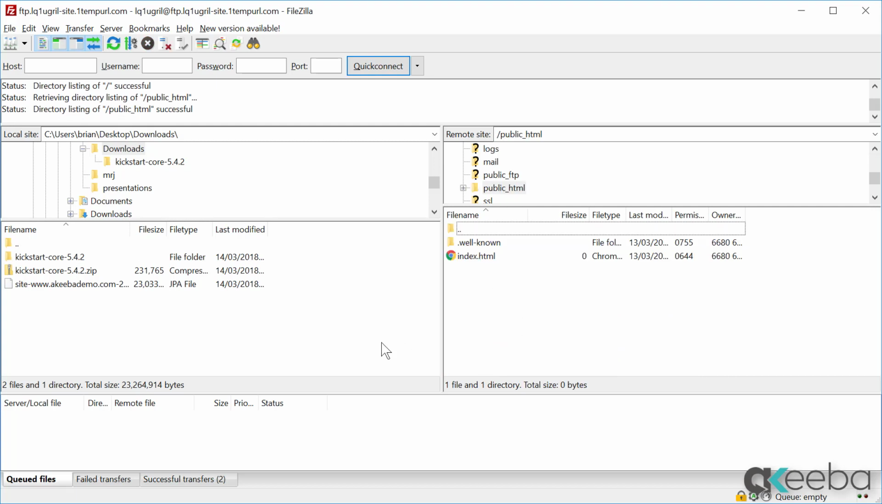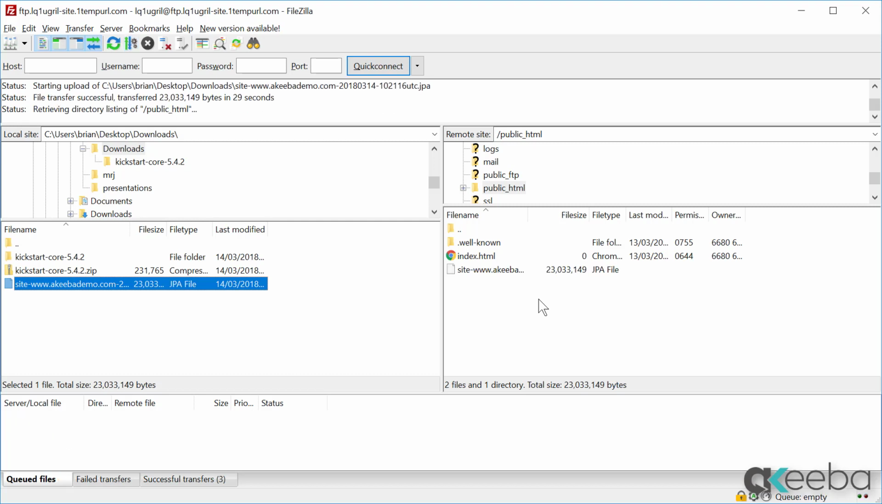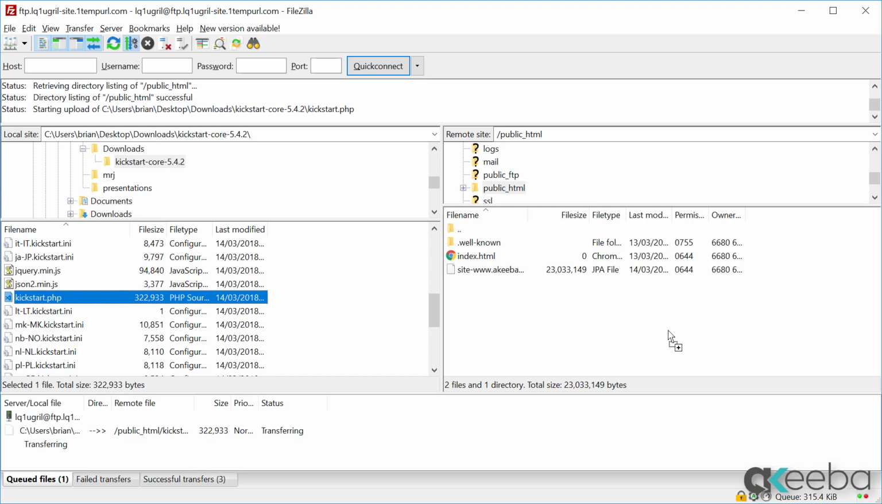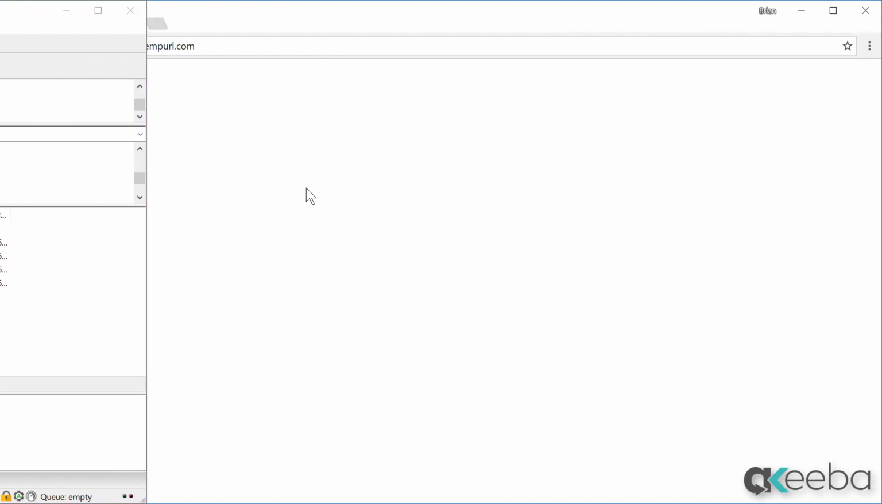Now you need to transfer the backup file from our local computer to our live server. I'm just going to pick that up and drag it across. We now need to take that kickstart.php file and do exactly the same thing. Select it and drag it across. That's it with FileZilla for now, so let's go back to our web browser and go to our brand new